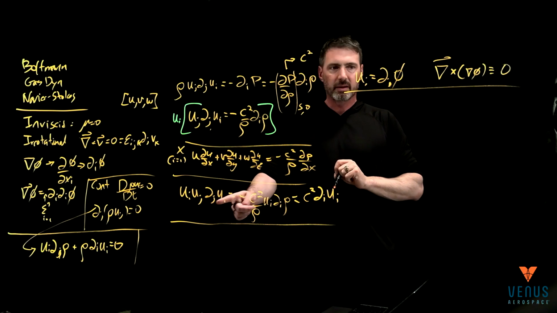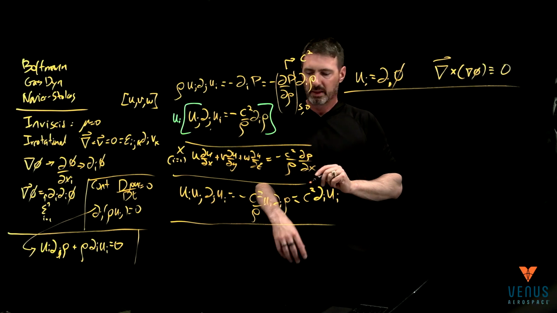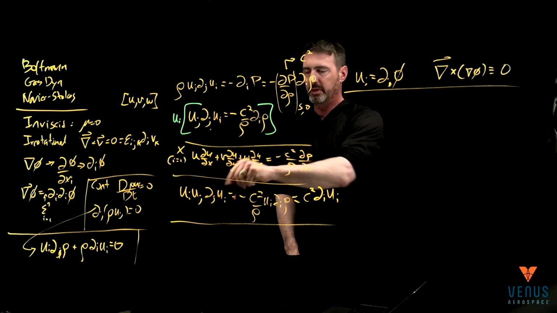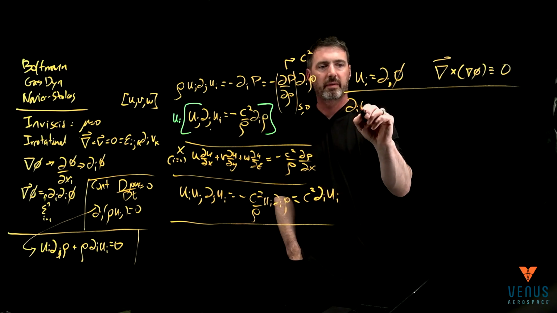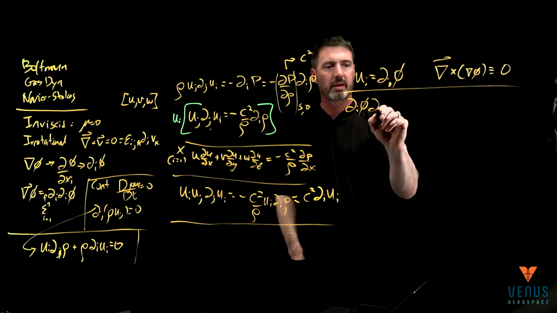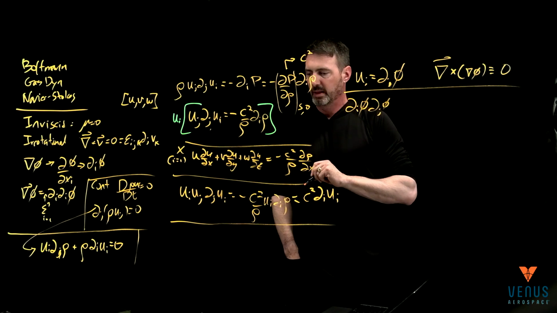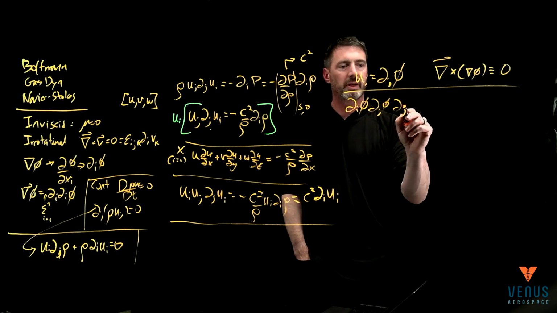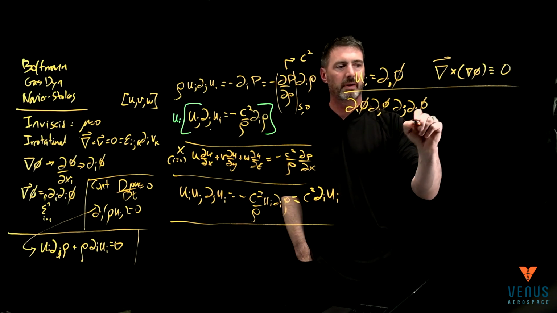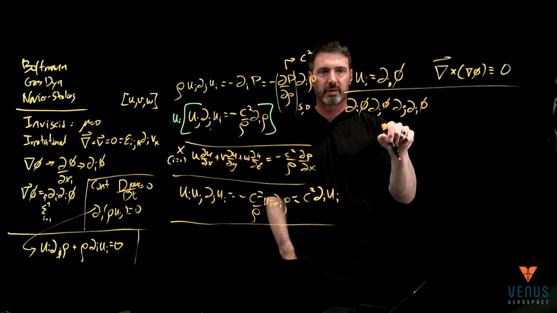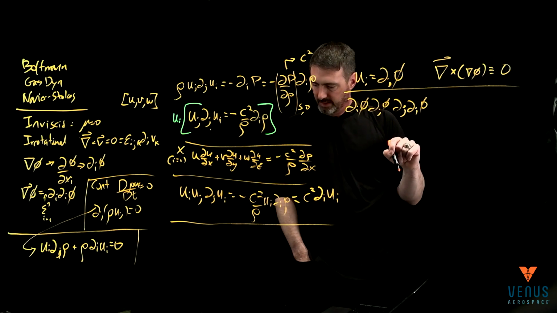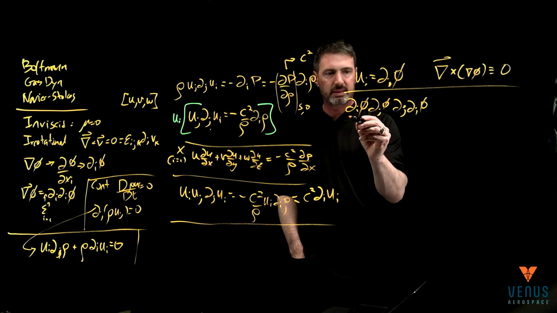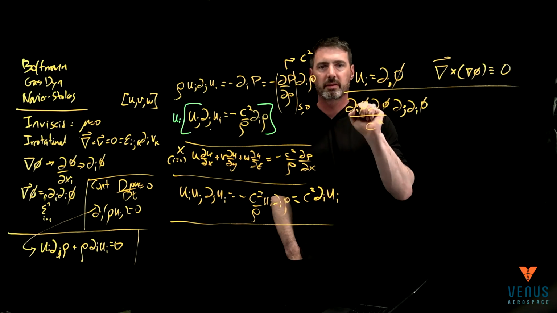And we can come back in here, and this gets beyond messy, but following out for just a little bit longer, this becomes, so u_i is ∂_i φ, u_j is ∂_j φ, and then ∂_j u_i, that's ∂_j ∂_i φ, so it's a second derivative, okay? And then that's equal to, I'm actually going to go ahead and divide by c squared on this term here, and you'll see why in a second.